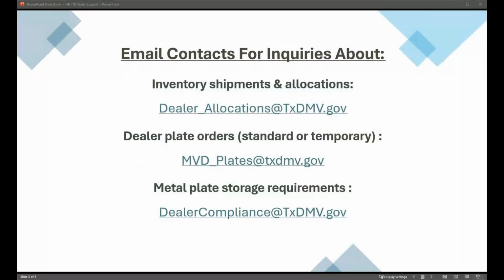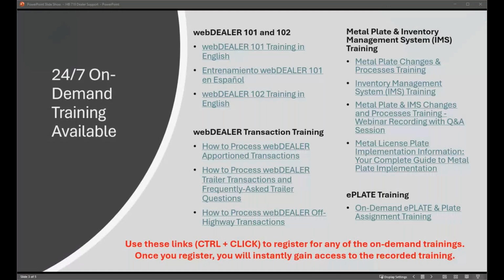Okay, as another reminder here, if you do have those agent tags and they are still valid, so the expiration isn't for sometime in July or whenever it expires, they will still continue to be used. You can still use them until they expire.